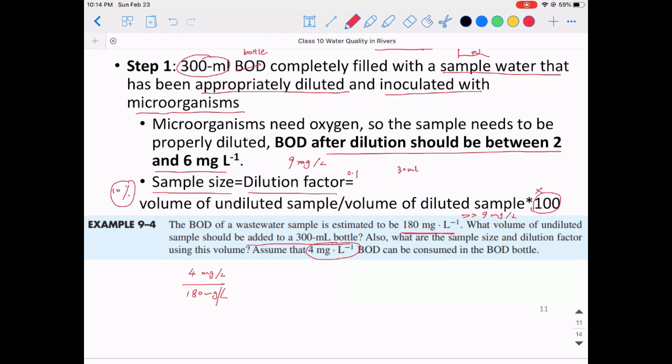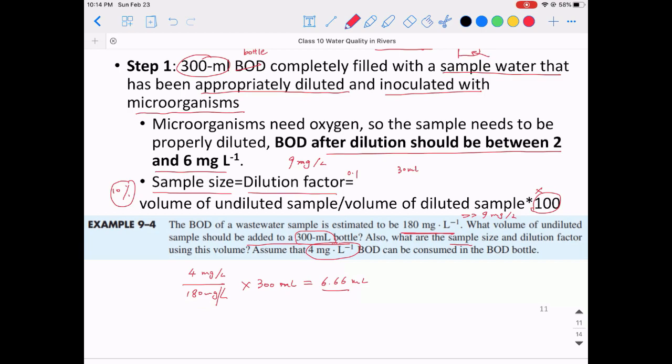This is going to be the approximate sample size. Then to calculate the amount of the sample that's put into this 300 milliliter bottle, we multiply this by 300 milliliter. And you can find out that this volume is actually 6.66